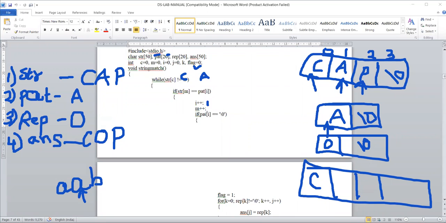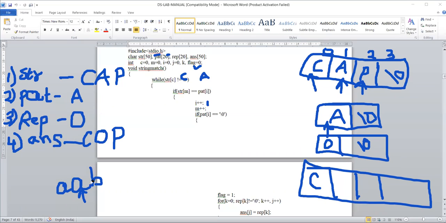Why I am giving this if condition here is to check each and every letter of the pattern with each and every letter of this string. AAB, if only AAC is there in the string, then the pattern is not matching. It should be exactly AAB, not AAC. So each letter is to be compared. That's why we are using this statement.